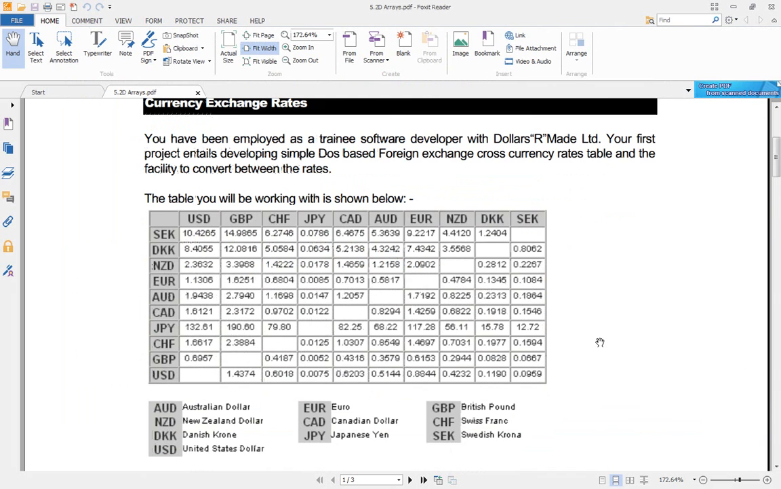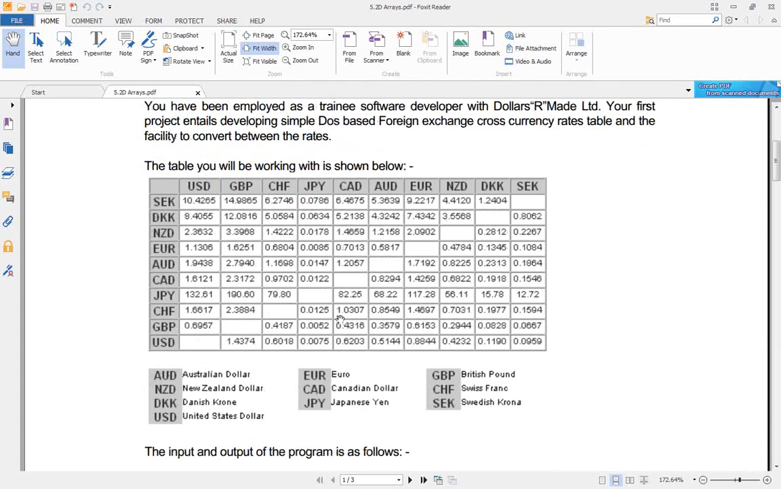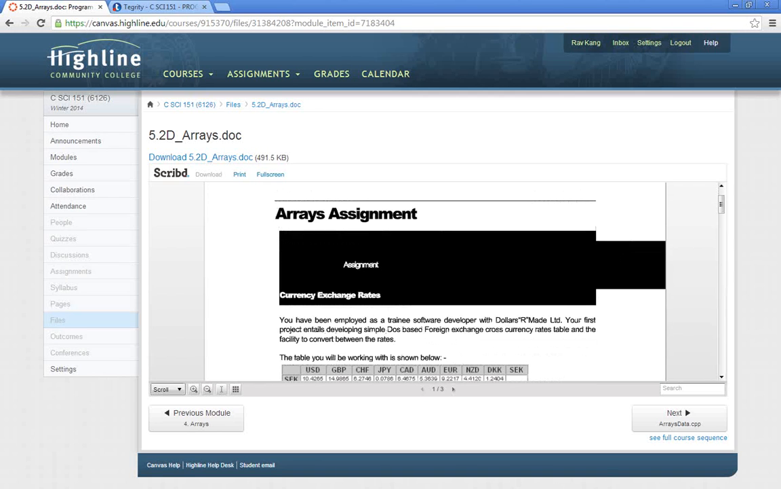So the data I've actually provided you only has one part of the data. It doesn't give you all the data. So it'll only give you a part of the data. So when you do go to Canvas and you download the CPP file, the data file,